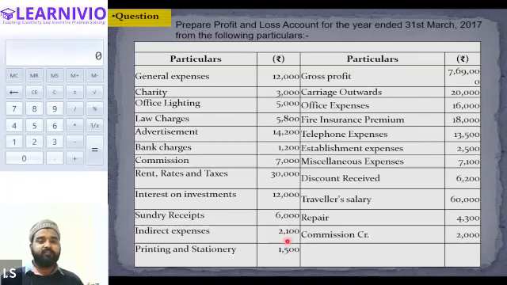So now we will prepare the profit and loss account from this information. This question may seem a little difficult. It may seem a little lengthy because too much information is given in this question, but believe me, this question is very easy. We are just required to prepare the profit and loss account in this question, and accordingly we are required to find out the net loss or net profit generated by the business. This is it. So everyone just prepare the format of the profit and loss account, and we will be calculating the net profit and net loss from the given information.